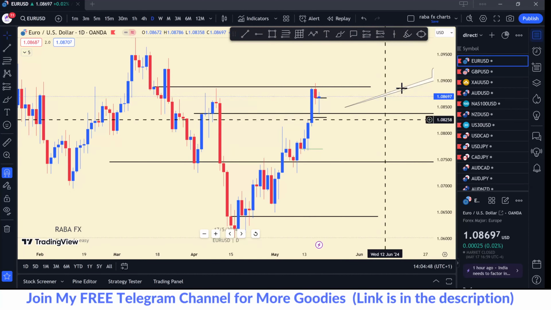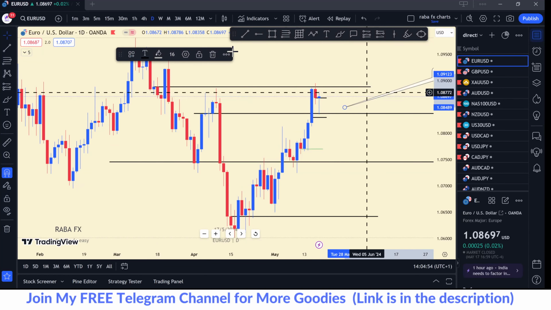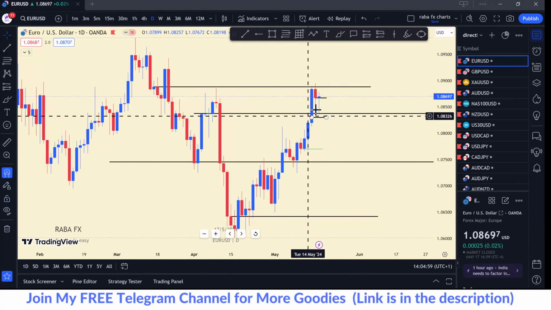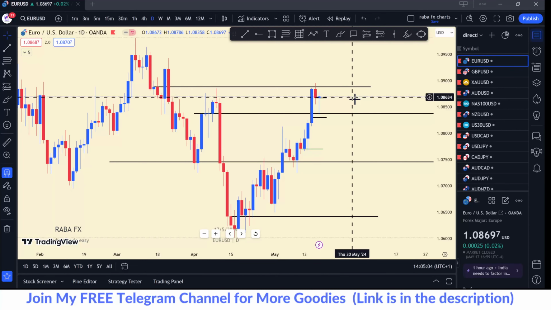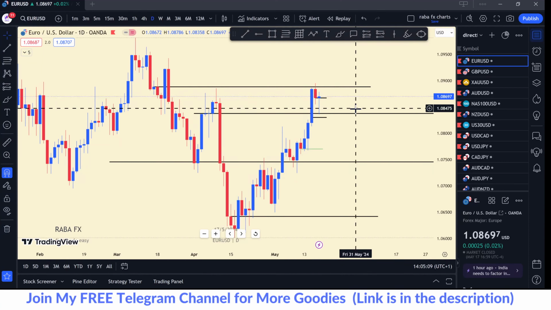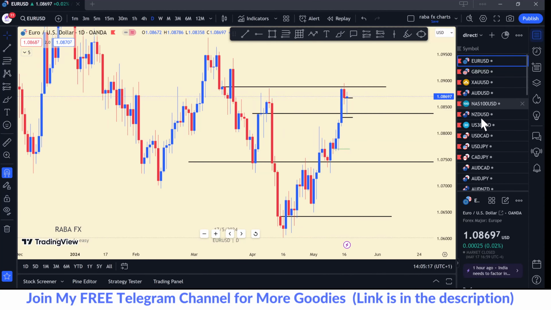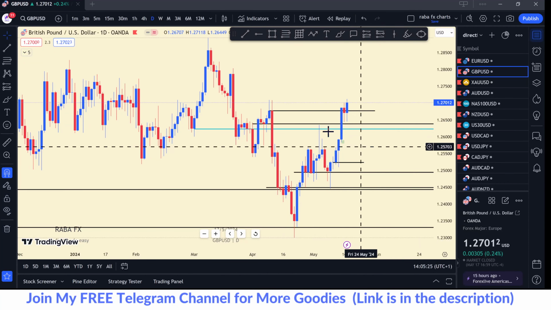Before I go into my analysis, I want you to know the method I use to do this analysis. Because when you follow someone, you should know the strategy he or she uses, so that you learn from that. The strategy I use is simply working with my opening price. So I'm going to start with Pound USD.